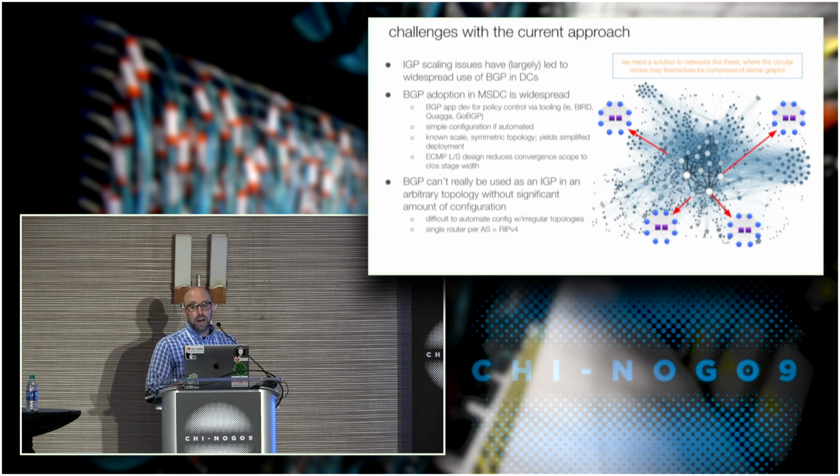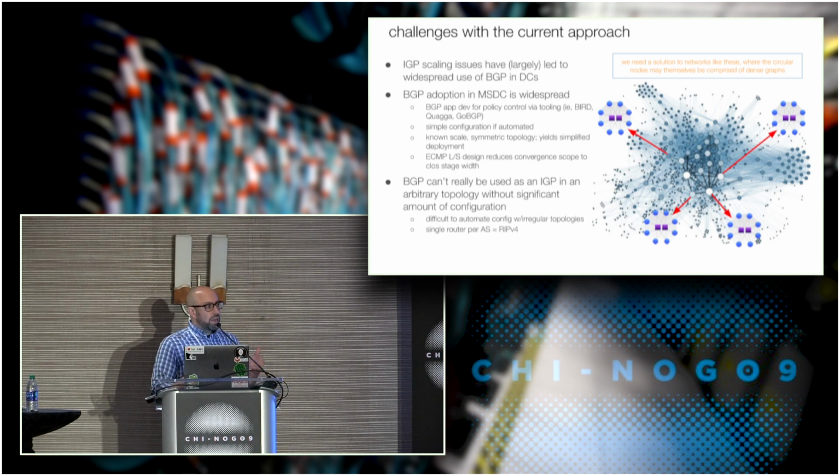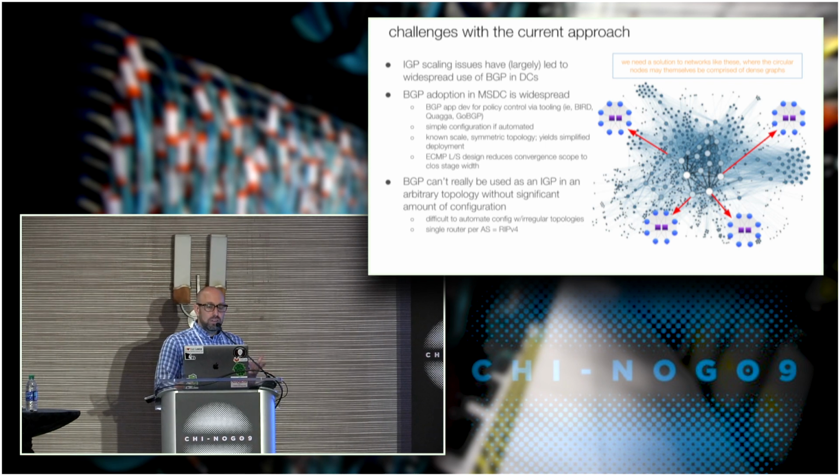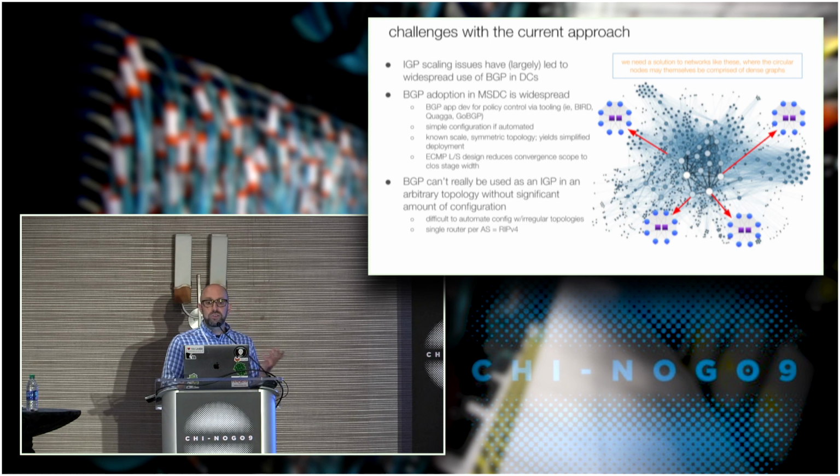We've got opportunistic forwarding across a bunch of links inside the data center. But we're also losing some things. You can't use this in an arbitrary topology. You can use this when you have a symmetric bipartite graph. You can't really automate arbitrary topologies with BGP. It's great for expressing policy and for doing edge routing and distributing prefixes around the network, but I'm losing all the visibility into what the network is actually